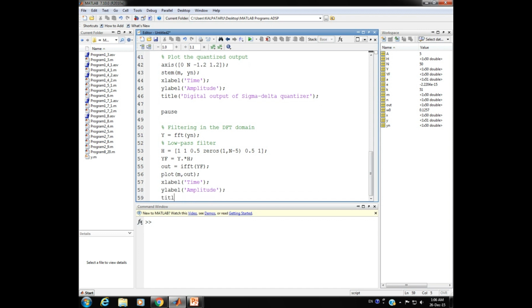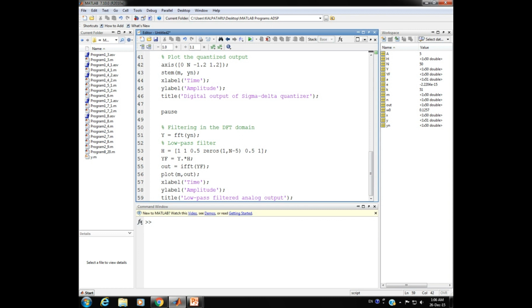And finally the title, which is low pass filtered analog output. At the end, semicolon.